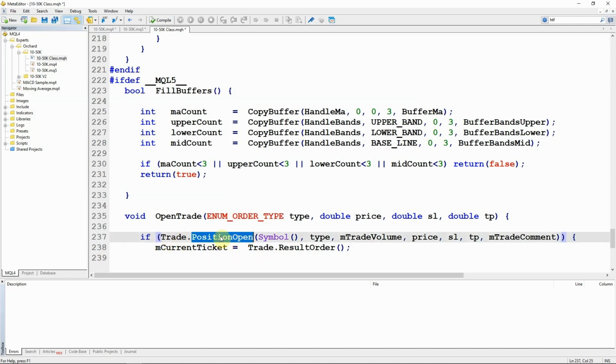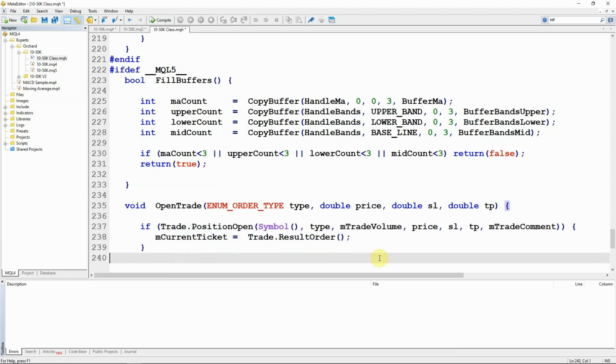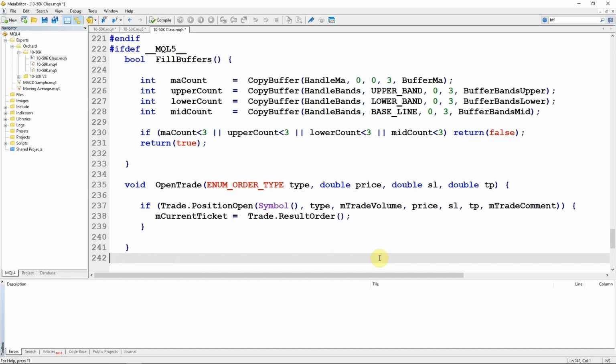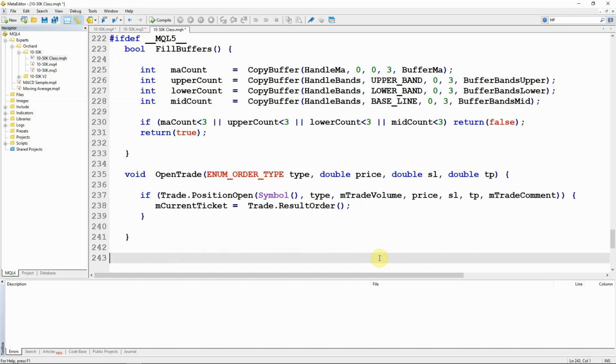Trade.positionOpen returns Boolean. So if trade.positionOpen was true, that means we were successful in placing this trade. And then I'm going to assign the current ticket from trade.resultOrder. And that finishes the open trade function for Metatrader 5.